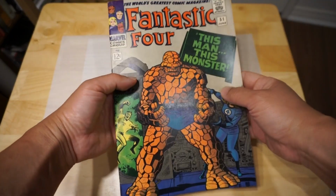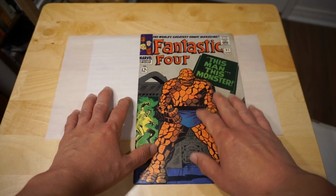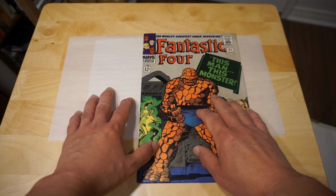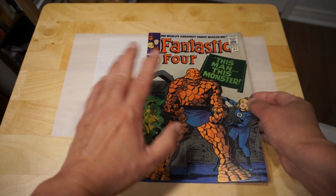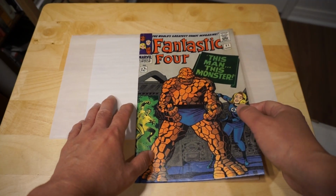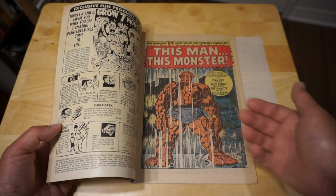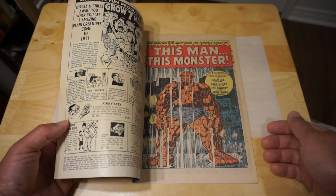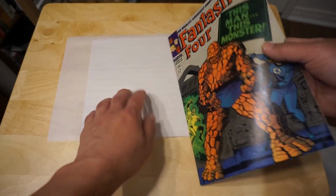This is Fantastic Four number 51. Arguably one of the finest single-story issues ever made. Certainly the best, in my opinion, single-story Fantastic Four issue by Stan Lee and Jack Kirby. So I think it's got a classic cover as well as the first splash page, which I think is pretty awesome. I think what's also cool about this issue as I leaf through it,